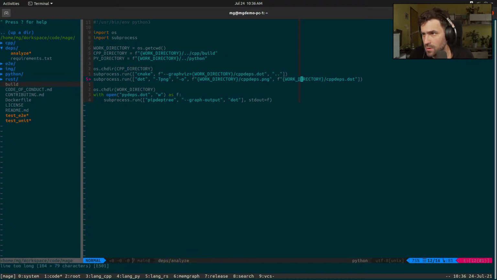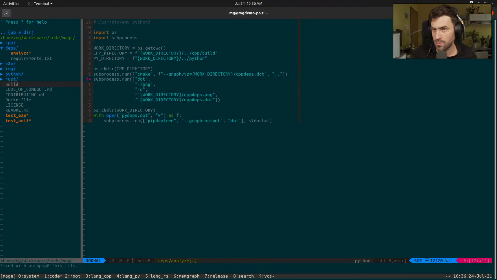Nice. And let's call also formatting. Now we have inside this repository png and cpp dots. Nice. And also here, but I also need to run